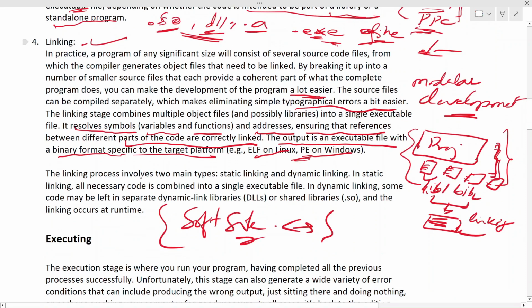The linking process involves two main types. There are two types of linking: static linking and dynamic linking. In static linking, all necessary code is combined into a single executable file. In dynamic linking, some code may be left in separate dynamic link libraries, as I said before, like